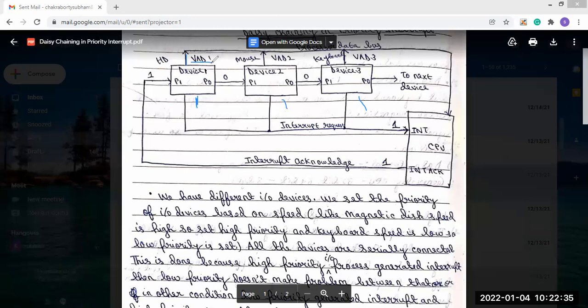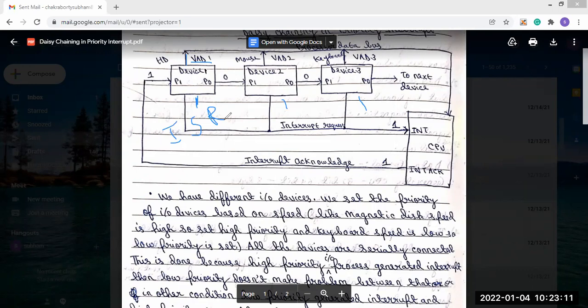Now what does this vector address mean? Vector address means that the input output device which generates the interrupt has the responsibility to give the ISR address to the CPU. ISR means interrupt service routine.